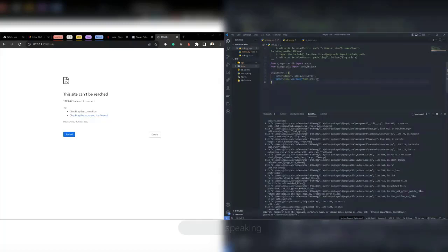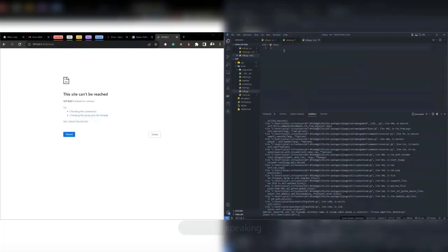You understand? So let me import the same thing. Import path. The urlpatterns. So now, when you create paths,